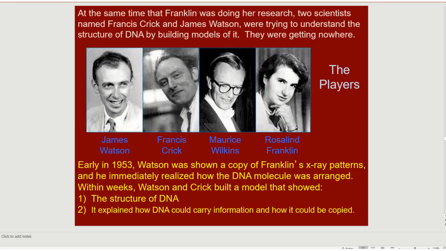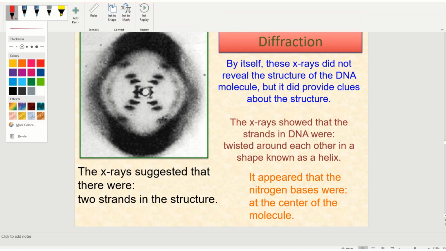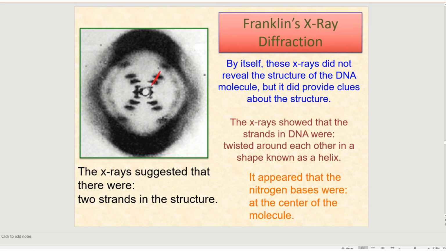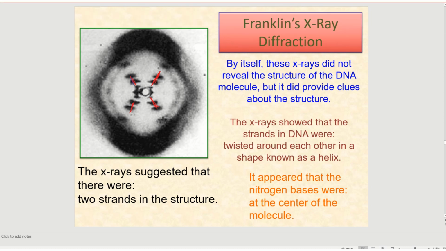So they took her information and they used it. This is what she saw. She saw that it appeared that there were nitrogen bases at the center of the molecule. Let me show you where. Right here, this is the A and T, and then G and C. You see how they're partnered up? Maybe I should choose a different color for the G and C. So this would be G, and this would be C, and the other ones are A and T, right? They equal each other. And then she saw also